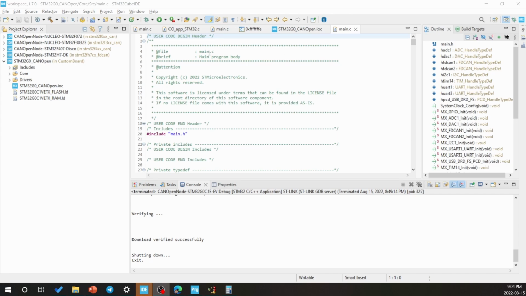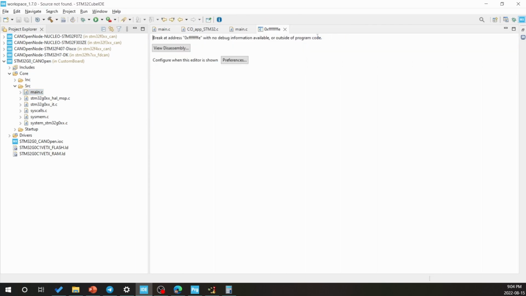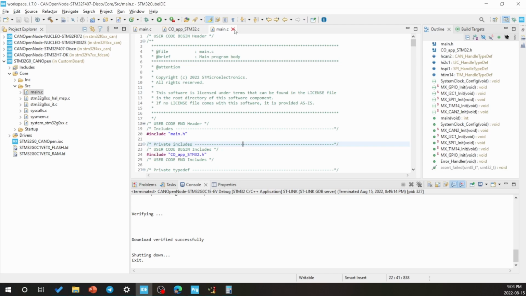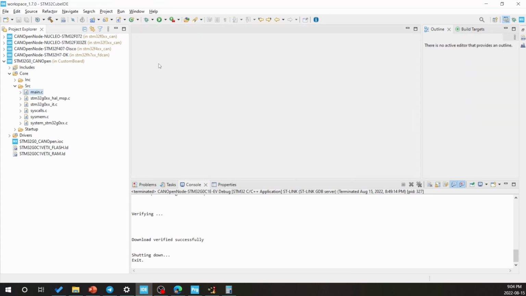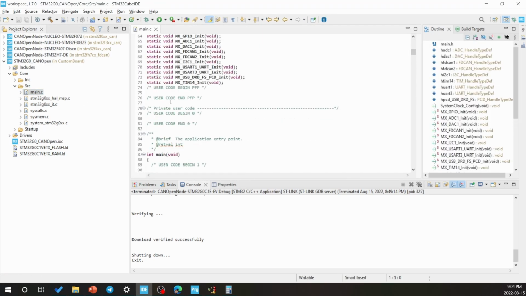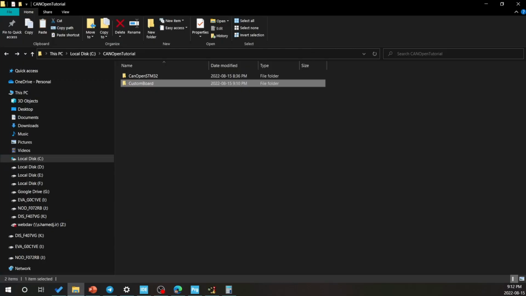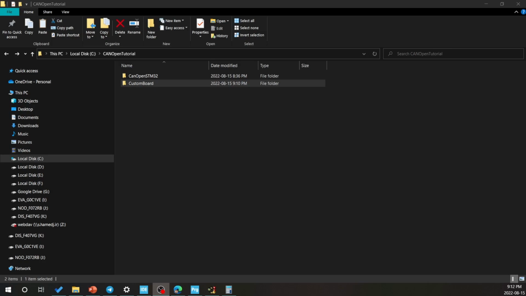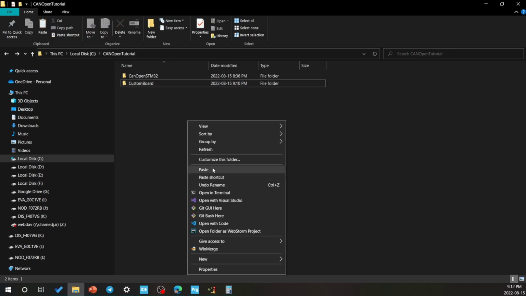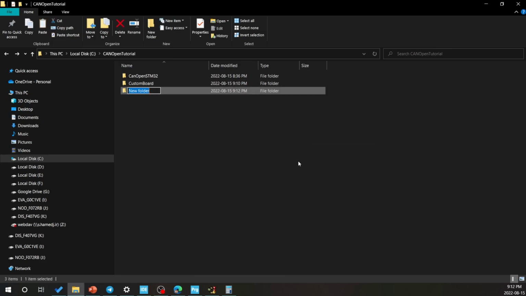Here we go, we have the project ready. I'll close everything. Okay, here we go. This is the project. All right, we have the project ready, and now let's add the CANOpen stack. So in order to do that, I'm gonna take a bit of a weird route. I'm gonna make a new folder here. I'll call it CANOpen stack,